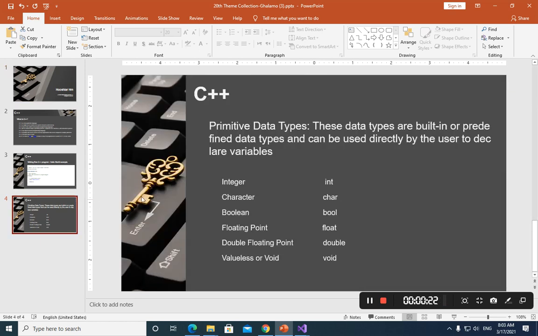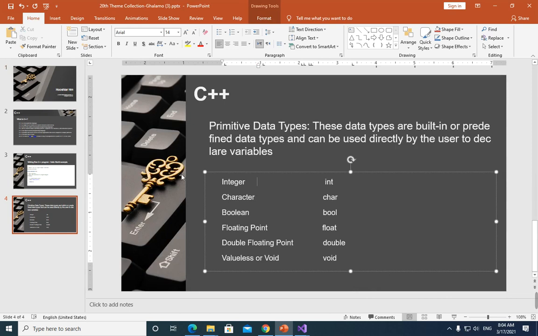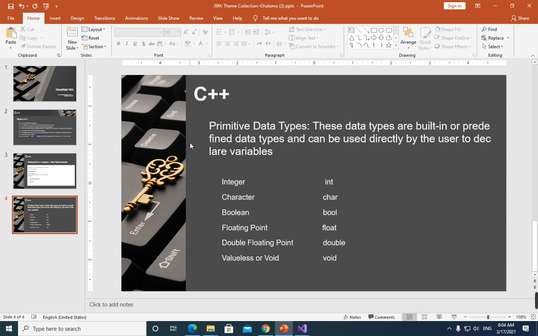So today I want to talk about integers, characters, floating points, booleans, and I'm going to teach you how to use them in your programs. It is also an introduction to C++,